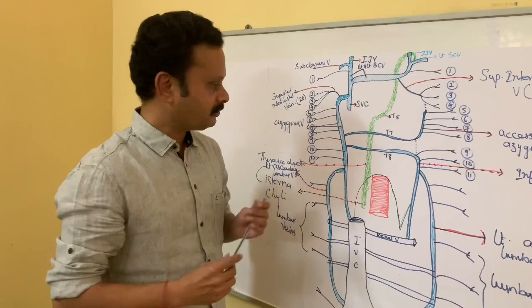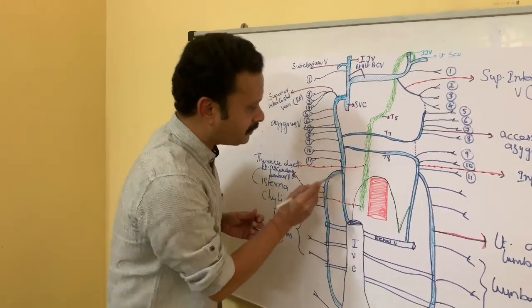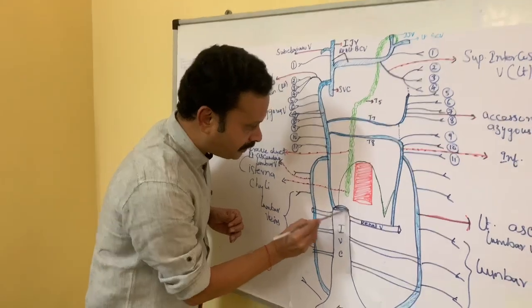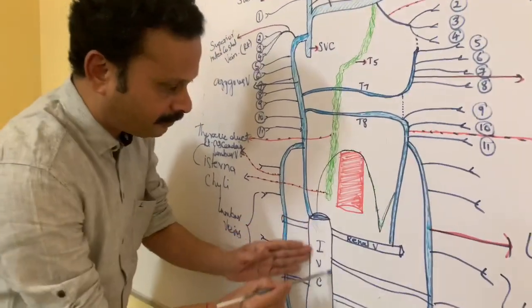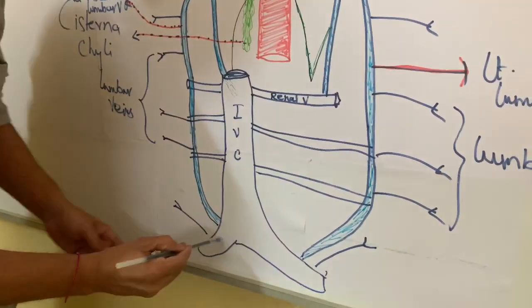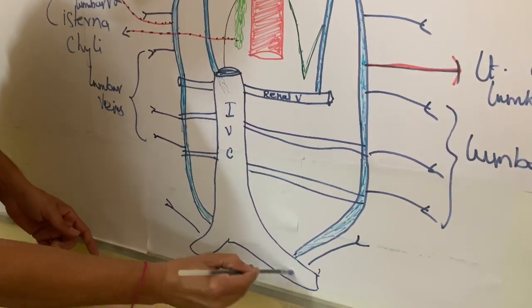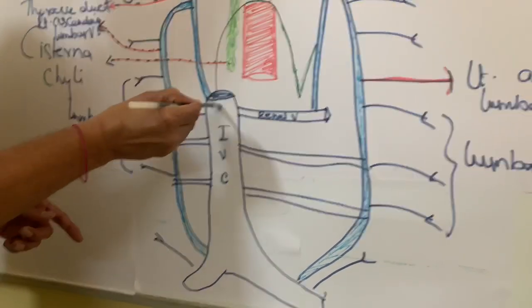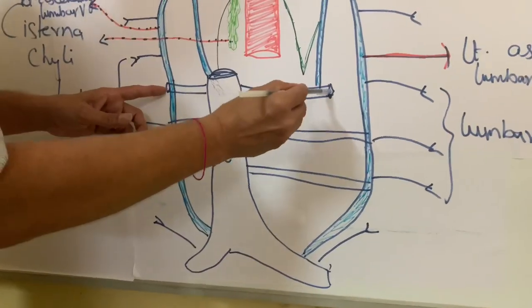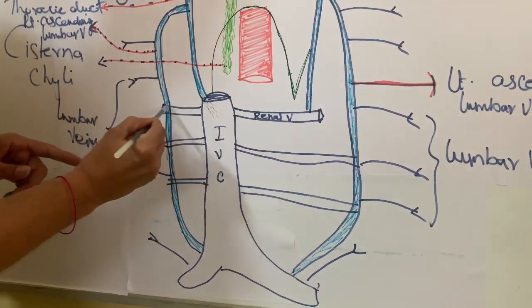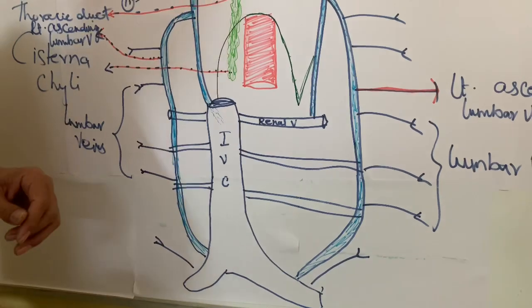Most of the time it presents as lumbar azygous vein, arising from the posterior aspect of the inferior vena cava, which is formed by the union of two common iliac veins, right-sided common iliac vein and left-sided common iliac vein, joining with each other to form the inferior vena cava. This is the renal vein, which is a tributary of inferior vena cava. This is left renal vein, this one is a right renal vein.